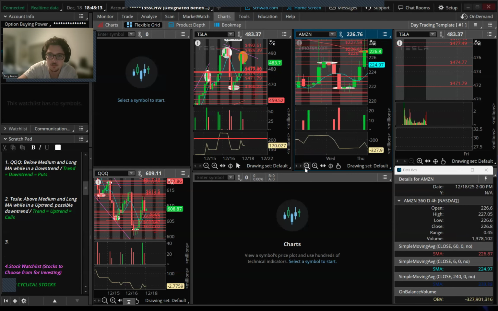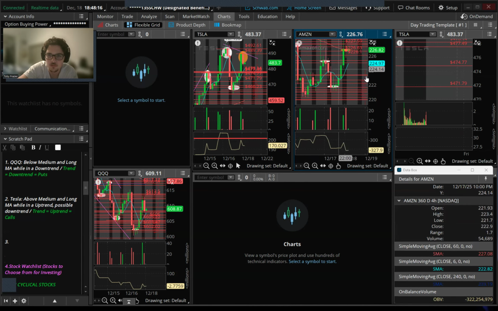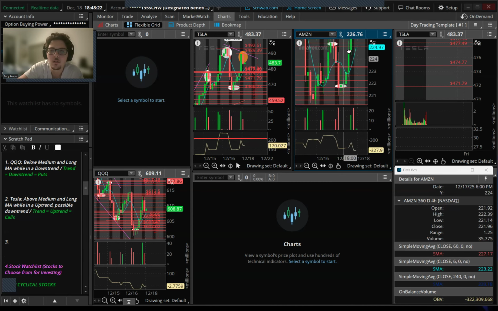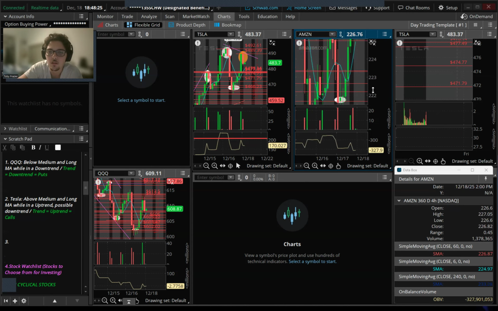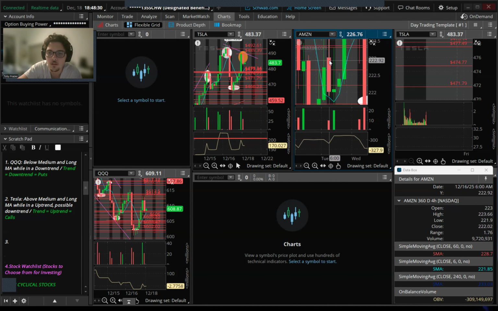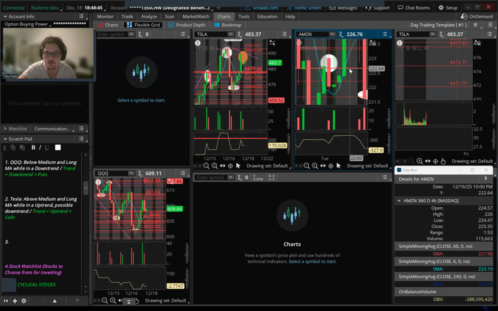Let me remind y'all, right after this, you can go on the 18 to 40. You can see right here these two candles on the right and these two candles on the left. That makes that swing high.